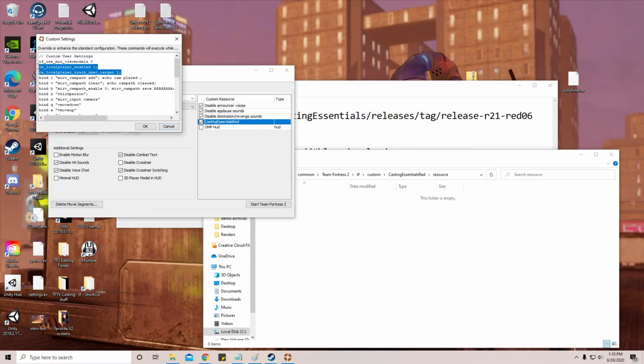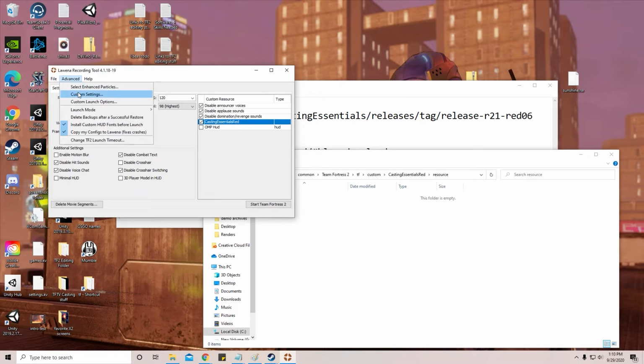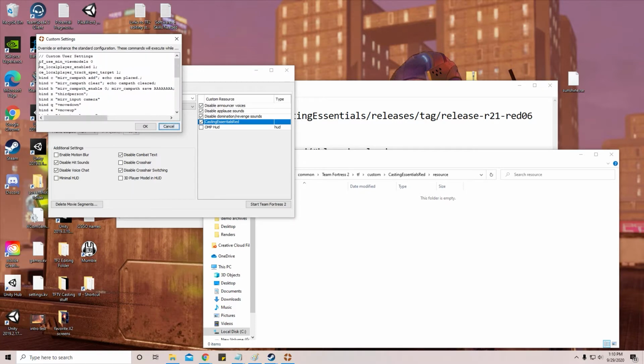So it'll be these two lines: cl_localplayer_enabled 1, cl_localplayer_track_spec_target 1. If you put it in this custom settings folder, these are just commands that will automatically execute when you start TF2 through Lawena. So if you put it in here and hit OK,